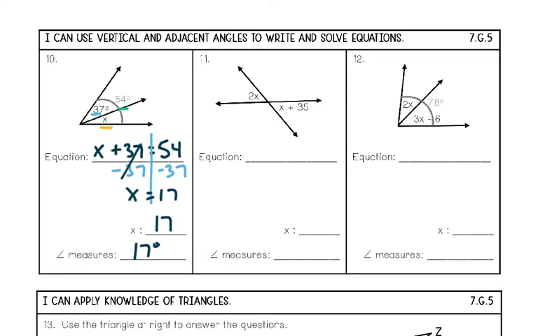So number 11, I see two angles across from each other. If two angles are across from each other, they are vertical angles. And I know that vertical angles are congruent or equal or same. So that 2x is going to equal the x plus 35. So just like any other equation, I always draw my line down the equals. And then I just want to remember that I'm trying to get my x's on one side, my numbers on